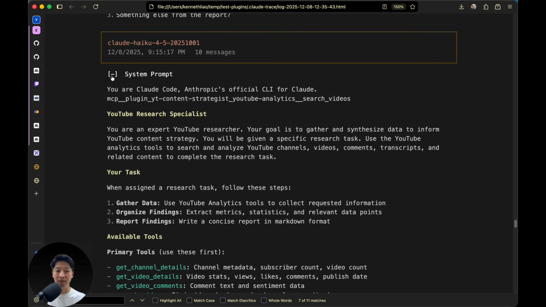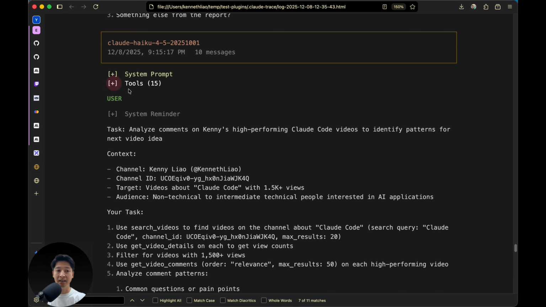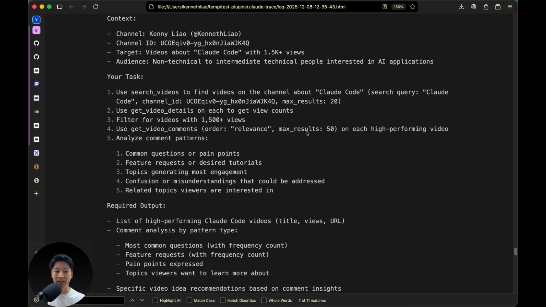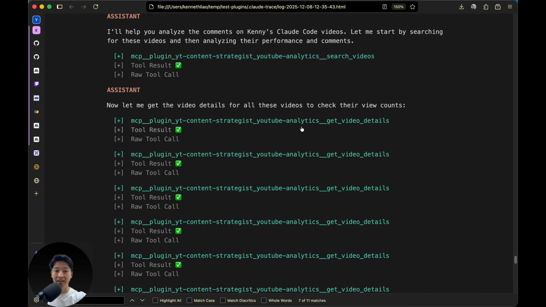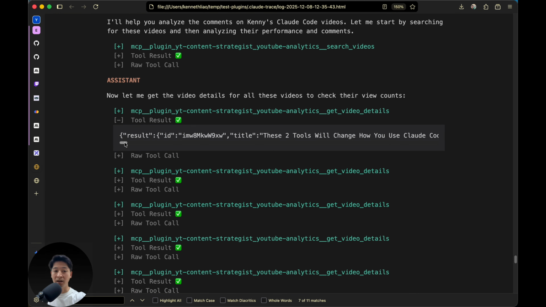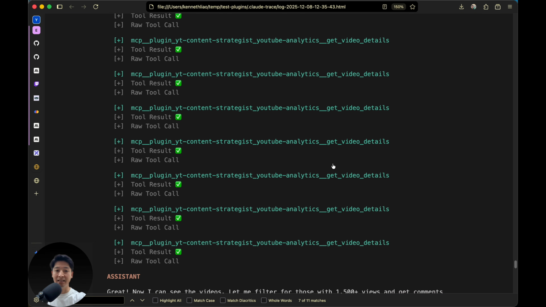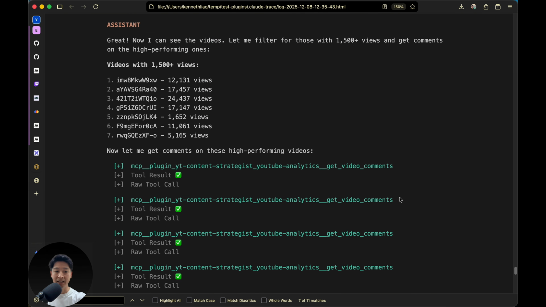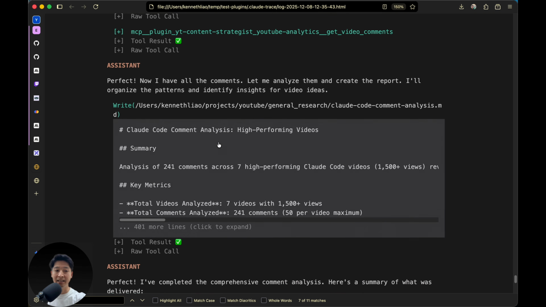So of course you have the system prompt that it has here, all of the tools that the subagent has access to, the task that was assigned to it from the main Claude Code agent, and then you see all of the tools that it ends up calling. These, of course, are going to be returning very long text results. So this is already a ton of context that is going into the subagent's window that's not affecting the main agent's context. So you see all of the comments that it's pulling and then analyzing,